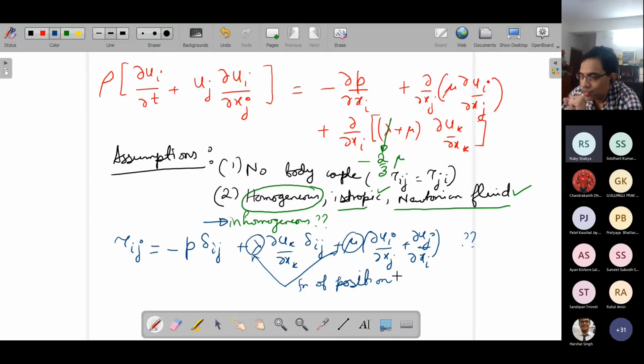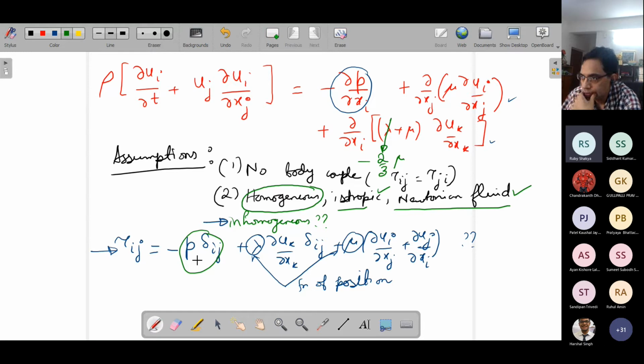So that has a lot to do with the derivations that followed subsequently. When we derived the Navier-Stokes equation, if you recall, we differentiated this with respect to xj, and that is how these two terms came out. While differentiating with respect to xj, straight away this is coming from the first term, and there is nothing much that changes due to homogeneous or inhomogeneous. But the next two terms change.